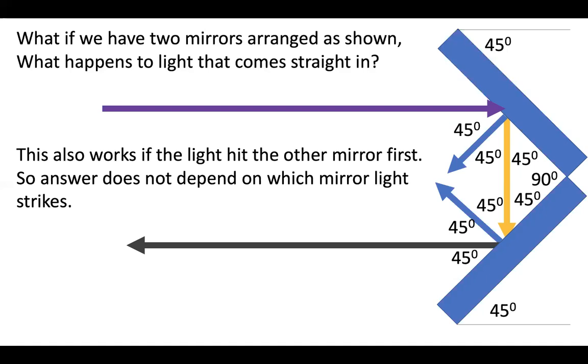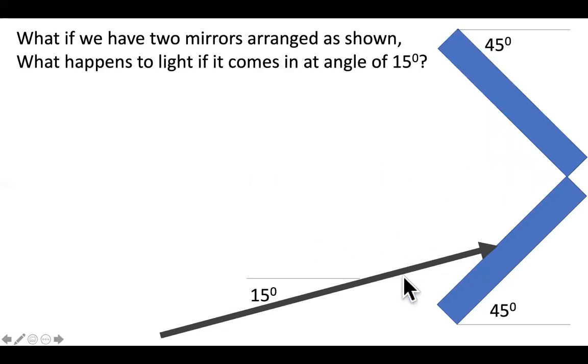But it won't be the same if the light comes in at an angle. So we should look at that. And that'll give us a better sense to understand what's the real angle of incidence, what's the real angle of reflection. So let's consider a slightly different case where light comes in tilted at an angle of 15 degrees. So this is a fairly steep tilt. 15 degrees is not nothing. And so it hits this surface. It's going to hit this, bounce off this, go to this, bounce off that, and come back out. What angle does the